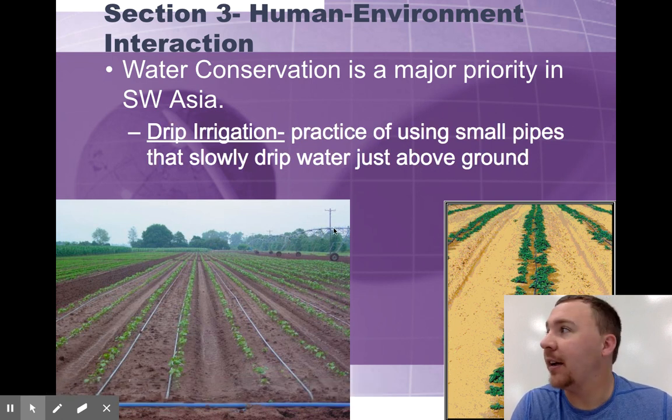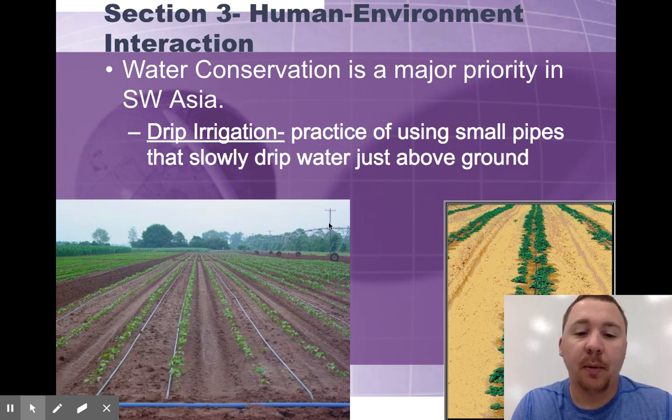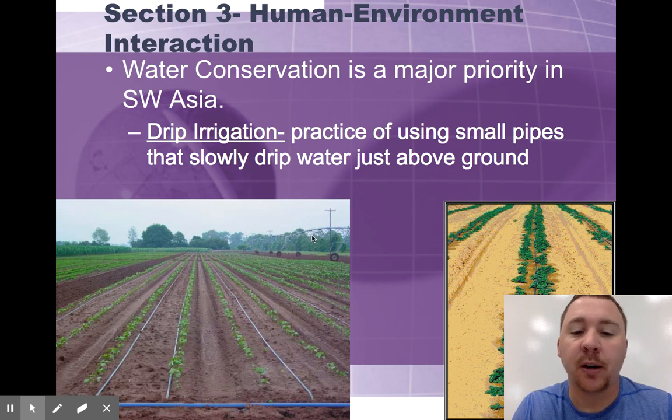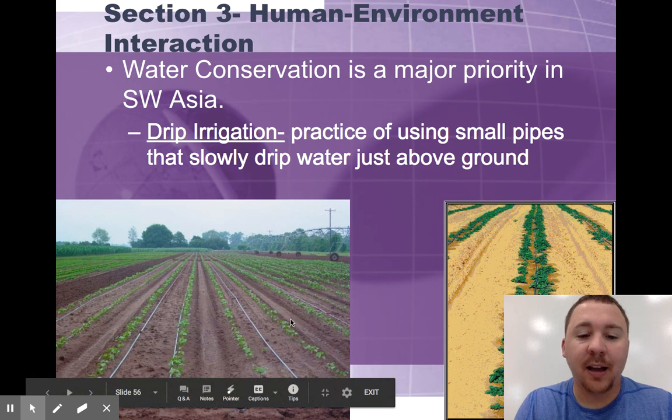This looks like a gigantic swing set here, but it's just a big thing on wheels, and it has little hoses coming down from it, and those will go in a line and spray water just like a sprinkler, like a water hose sprinkler, hanging down from this pipe. That's how, if you have a lot of water, you can waste some of that water by using heavy-duty sprinklers. When you don't have that much water, then they have to do other things.